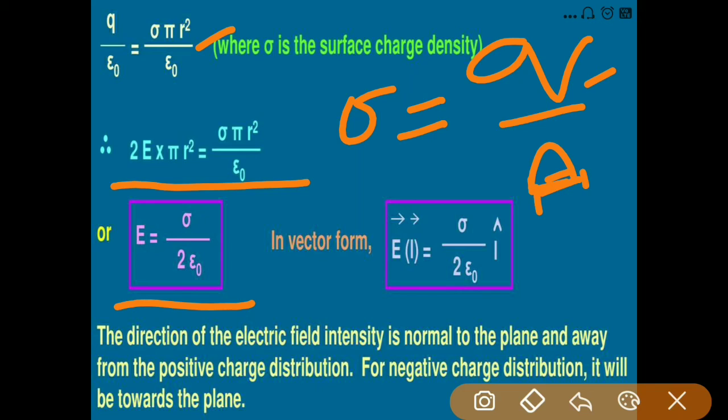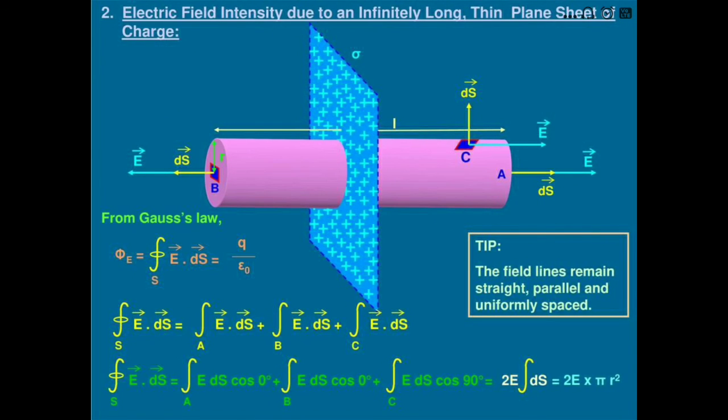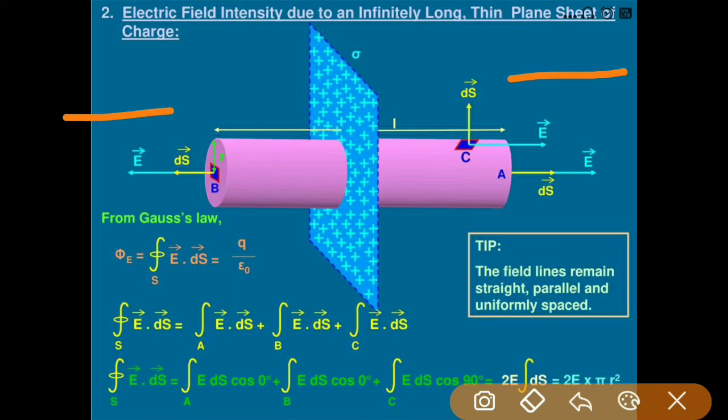And you know that the electric field is a vector quantity, so you can express it in vector form. So vector E is equal to sigma upon 2 epsilon naught times i cap, and here the i cap is the direction you see in the figure. This i cap is not in the direction of the positive x-axis; this unit vector is basically the vector which is away from the sheet, in this direction or in this direction. It depends upon your point of interest.